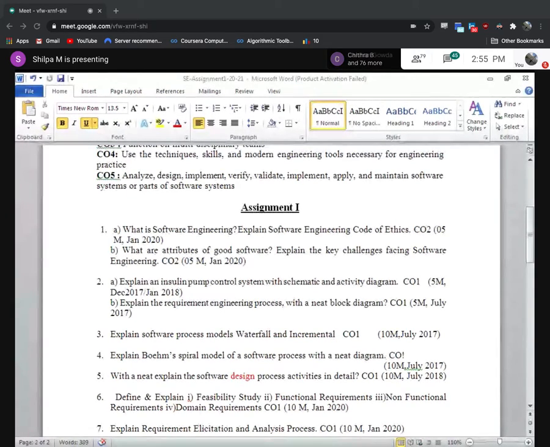Sorry, it is 46 and 47. Page 46 and 47, figure 11. You have to explain it and write the diagram.